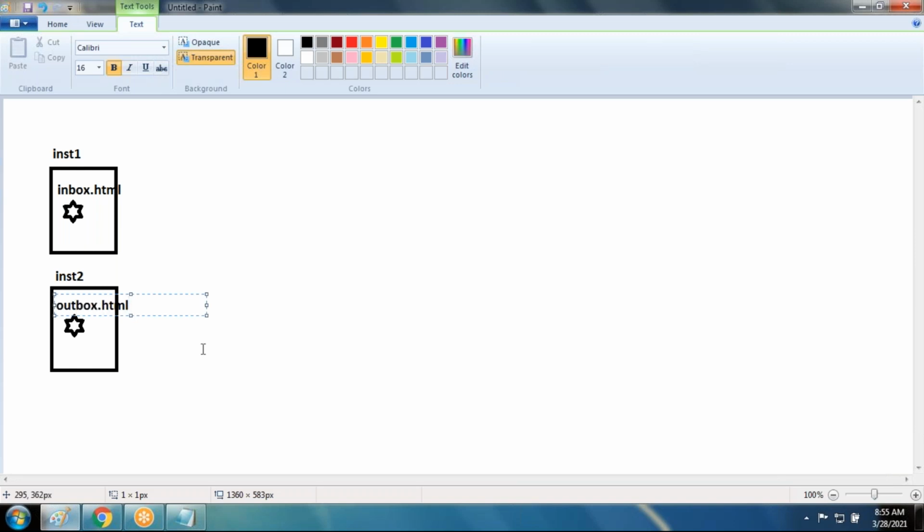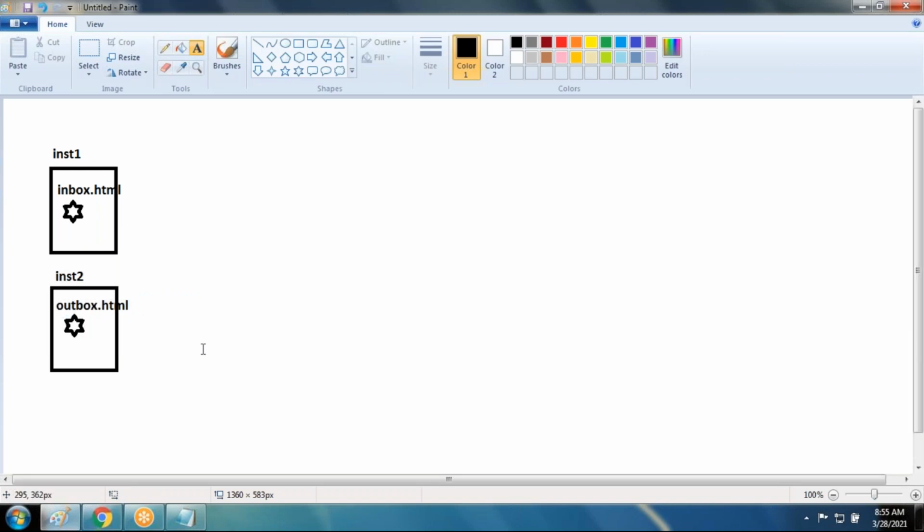Okay, so I have two pages running on it. One is inbox, the other one is outbox. But for the same application, the same email application. Now, once we have the applications ready on these EC2 instances, inbox plus outbox, what I will be doing next,